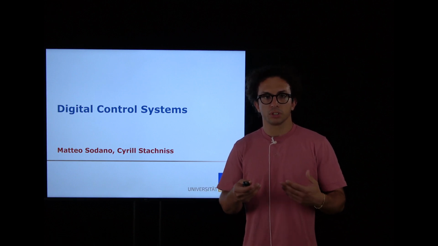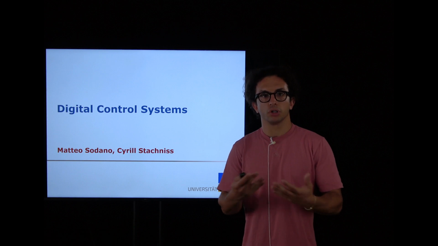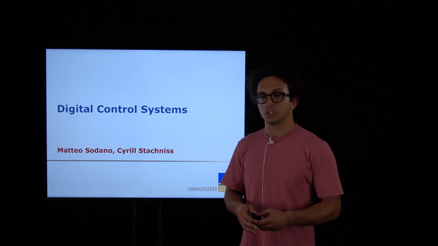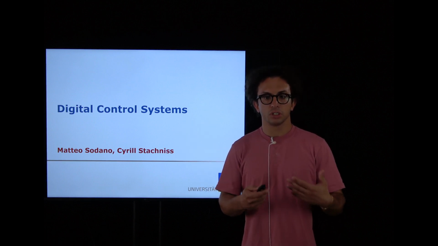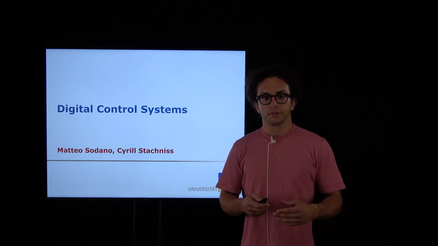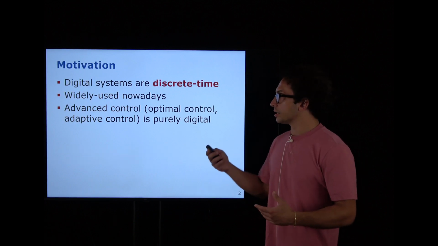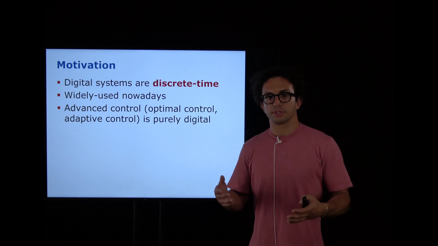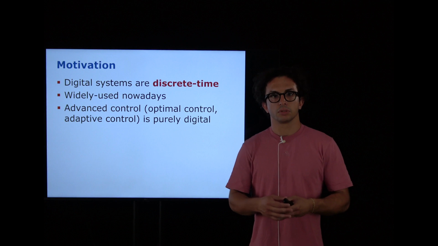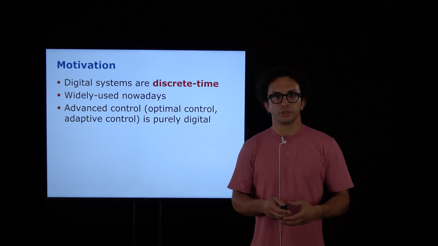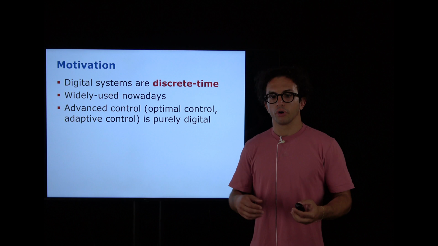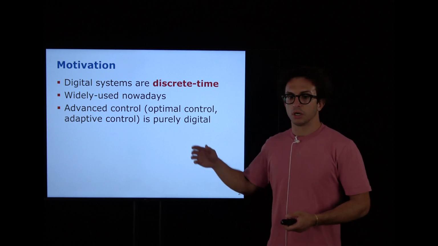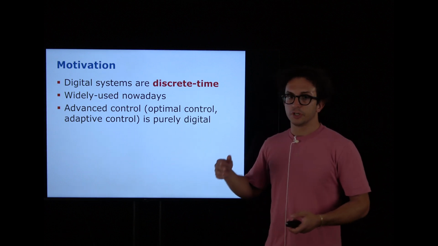So our assumption was that we can do everything all the time continuously, while in real time what we have to deal with is digital control systems. So we enter the discrete time domain. As a further motivation, digital systems are discrete time systems, and this is basically what's used in real life, in reality, for control. And especially some advanced control systems such as optimal control and adaptive control are purely digital,